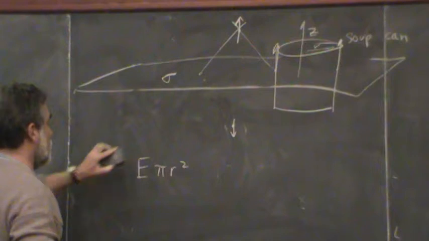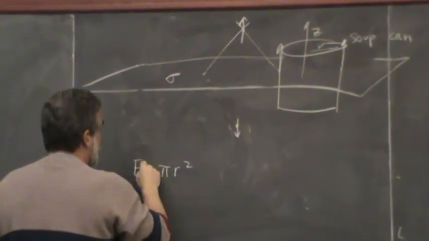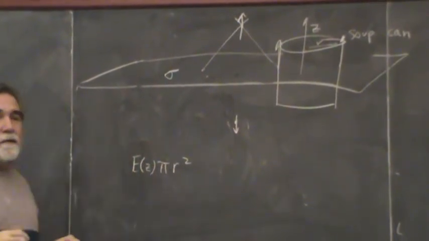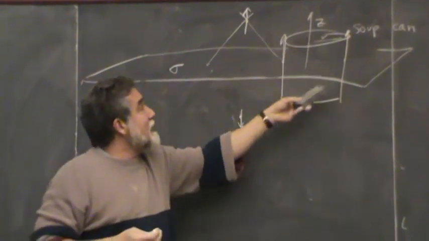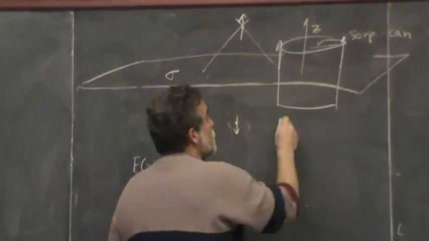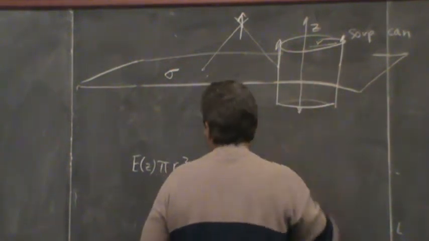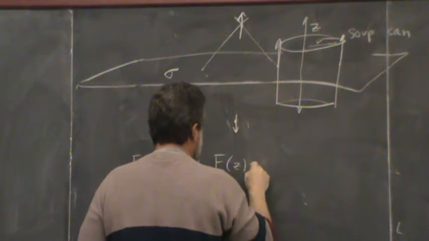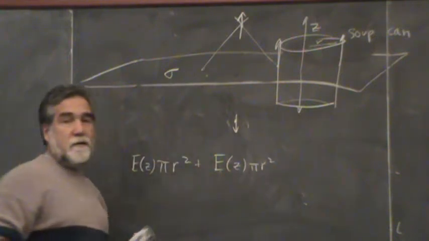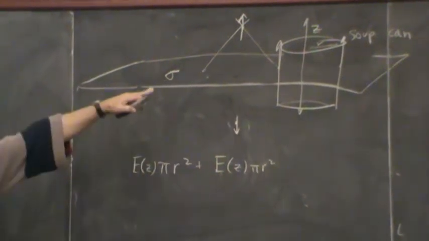Okay? So it's actually E of z pi r squared. I don't know what it is yet. But at the exact same distance on the bottom, z off the bottom, the field's the same. So my bottom surface is E of z pi r squared. Right? That's the whole flux